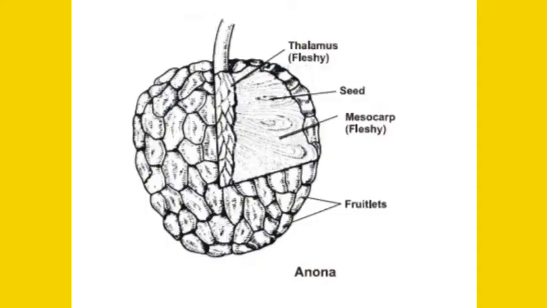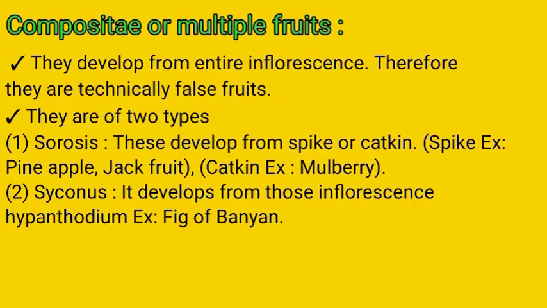See in Annona or custard apple how the aggregate fruit is formed. All the fruitlets which develop from the apocarpous ovary develop into fruitlets, all aggregate together and form an aggregate fruit. It is an example of an aggregate fruit of berries, or etaerio of berries. The next one,